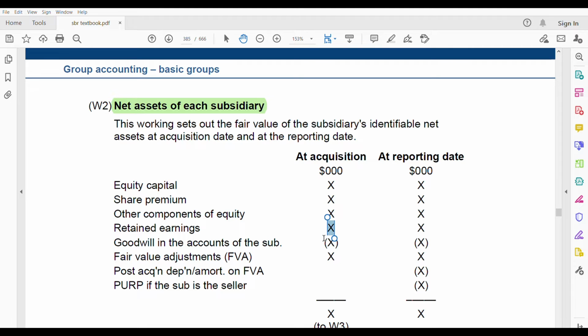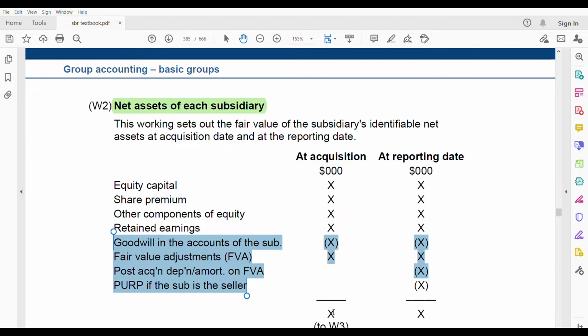What are we finding? Net assets. What is the formula for net assets? It is assets minus total equity and liability. So liabilities, we don't have any liabilities here. It's only assets and equity. That means your equity minus your assets will be your net asset. So all these are your equity, right? Up to here. These all are your assets which need to be deducted, because now there is no liability. That means your equity should be equal to your assets. So that's why you need to deduct your assets from your equity. The balance is your net asset.